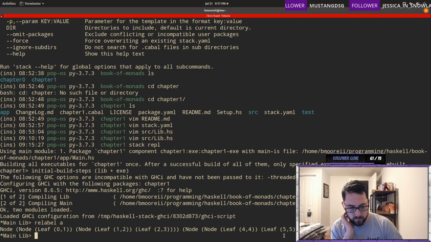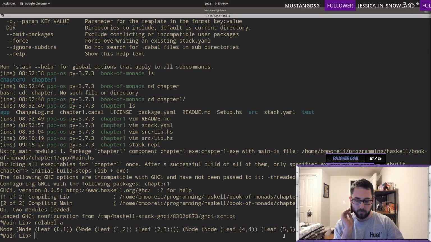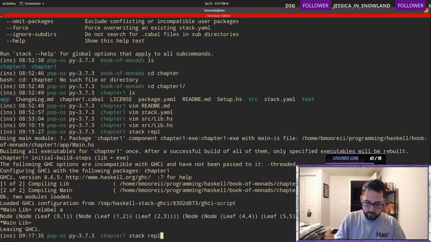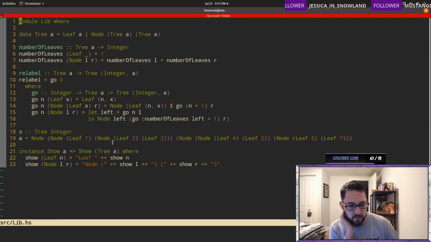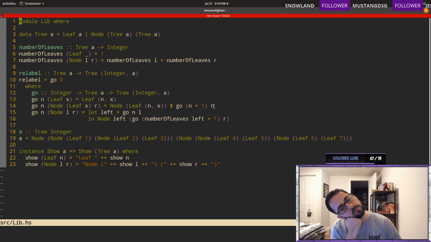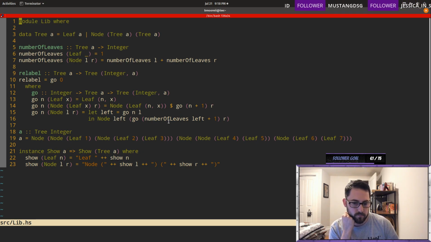Okay, so I don't think we can do it, but let's look just a little bit longer because it seems to me like we should be able to. We do need this, by the way.